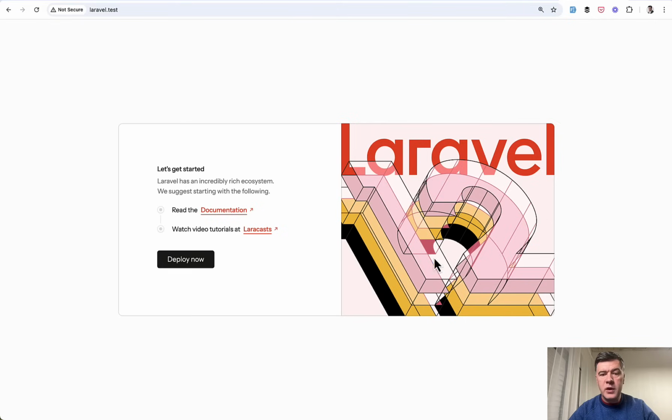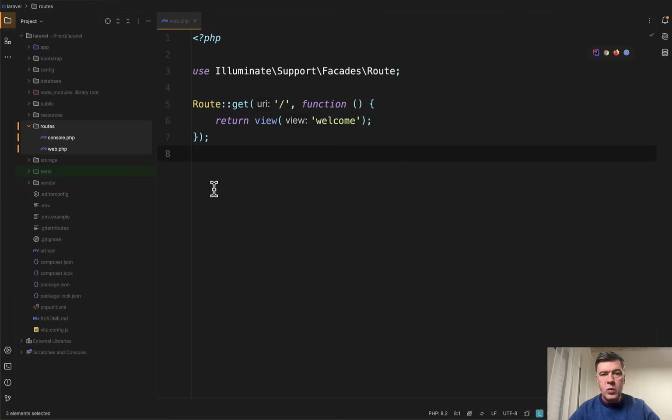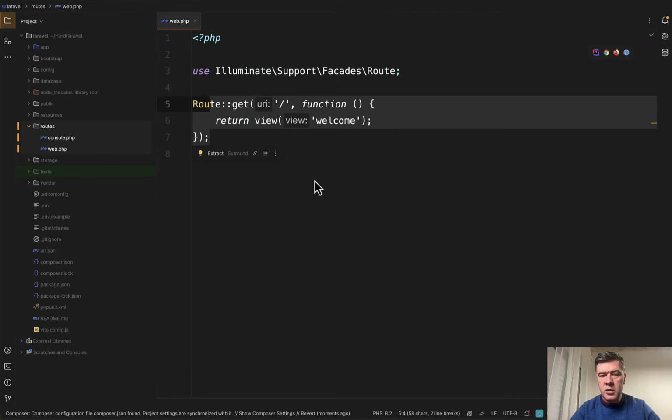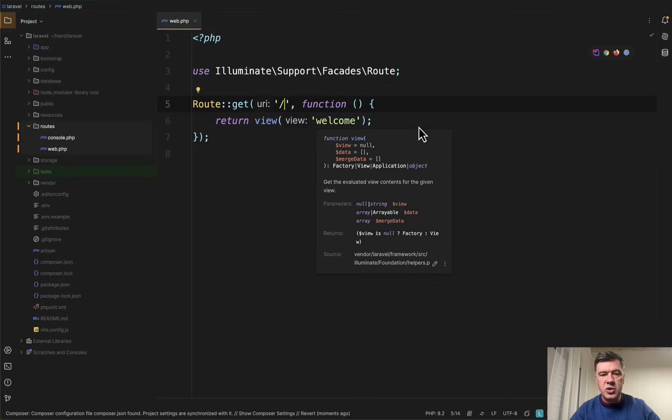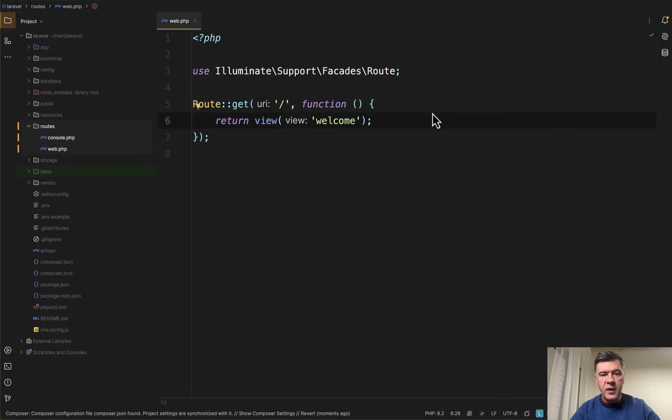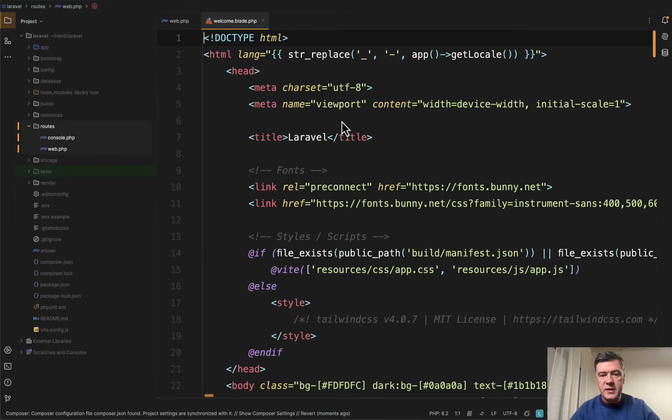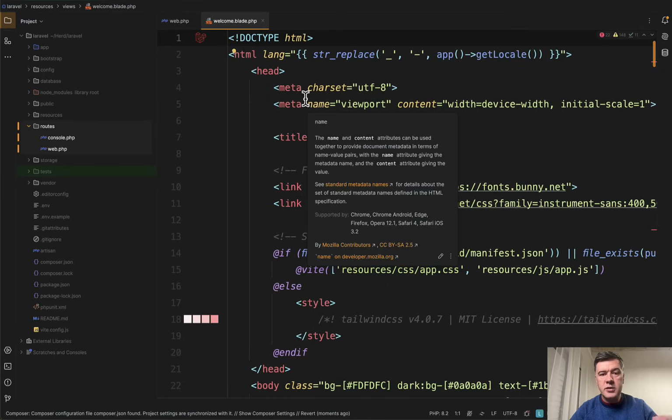Now let's explore where this page comes from and, for example, change some of the text. We open the file called routes/web.php, where Laravel lists all the URLs and routes. For now we have only one URL, / means homepage, and view welcome means that it shows the HTML file of welcome, which is in fact not HTML, only it's called Blade,